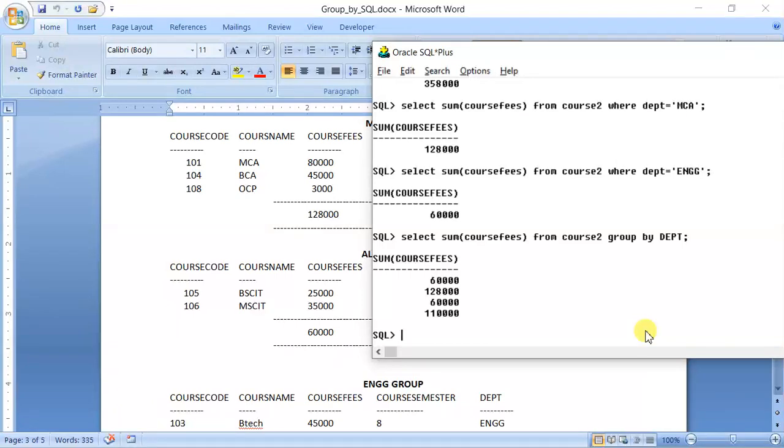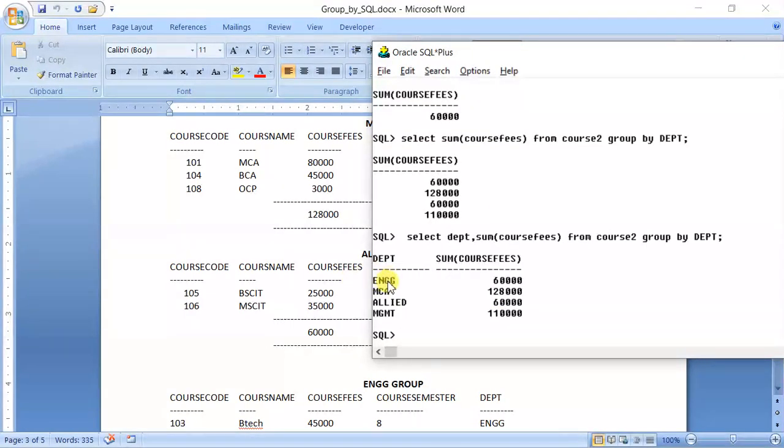Okay, is this thing clear? Grouping helps you do a little bit of analytics, or apply aggregate functions on the grouped data. And if you want to see the department name also, you can type select DPT comma function. The column on which you have applied grouping can be used after select, or the function only, nothing else. So you can see the total has come. Okay, this was the revision of the group by clause.